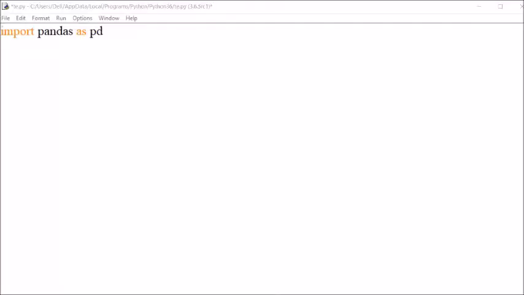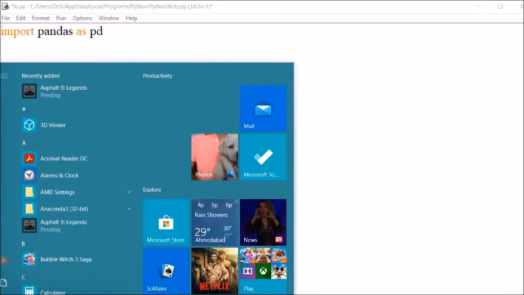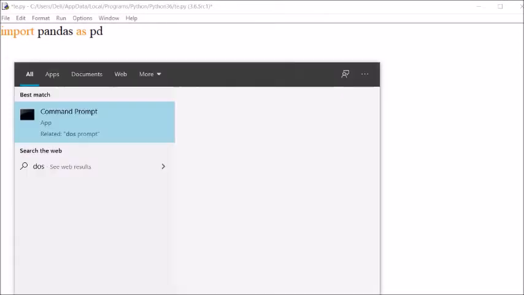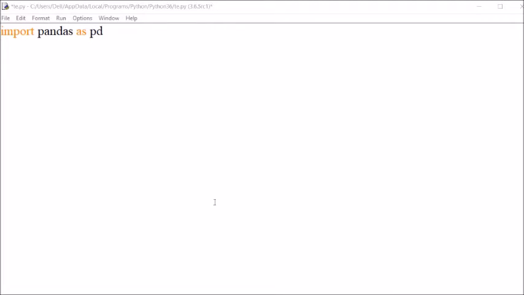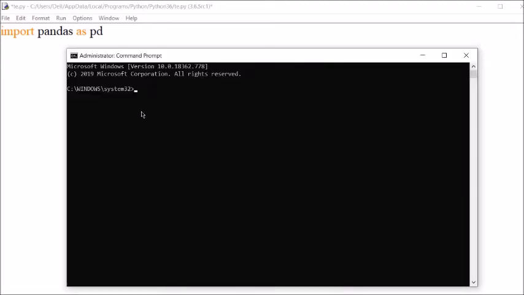So if you want to use pandas, you have to import pandas. Before import, you have to install pandas. For that, you go to the Start menu or Windows menu, then search for DOS prompt. In DOS prompt, run as administrator. Don't click on open, use run as administrator. The DOS window will open. Here there is no need to go to the Python folder or the Scripts folder.